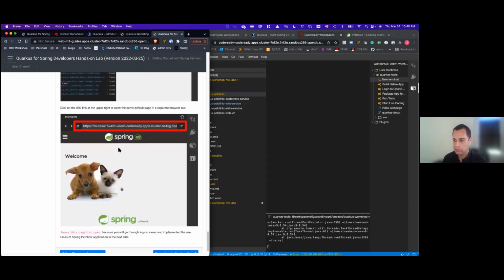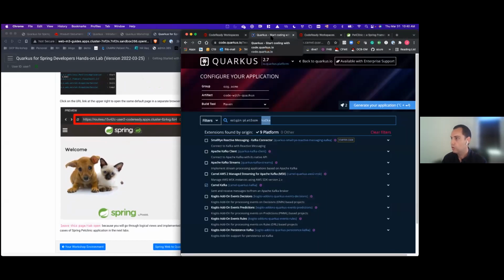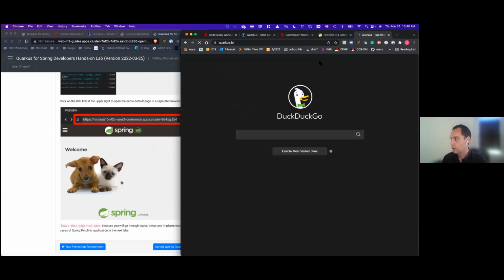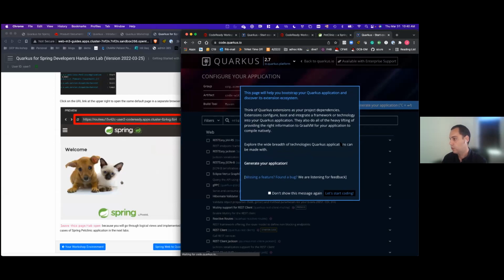The other thing that I wanted to show you, just in case you don't want to go through the workshop or you don't want to do the labs, if you want to start coding on your own, you go to code.quarkus.io or just quarkus.io. If you go to quarkus.io, it's going to automatically come here. You can do learning, you can join the community, and you can start coding. When you click on start coding,